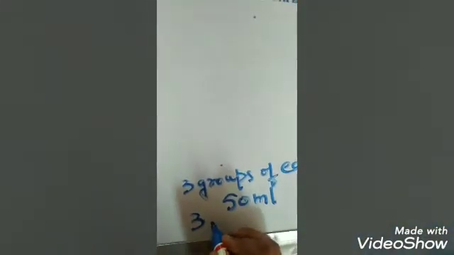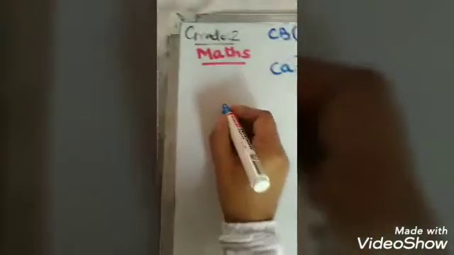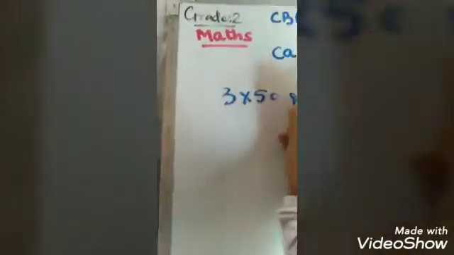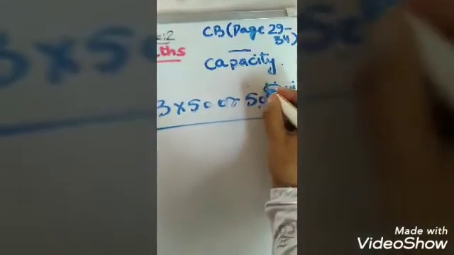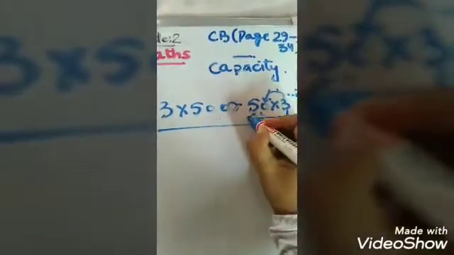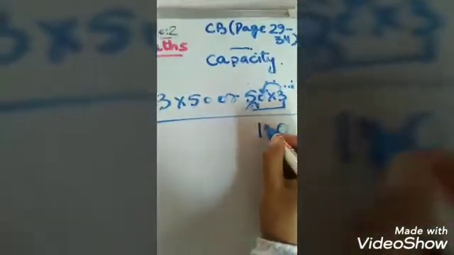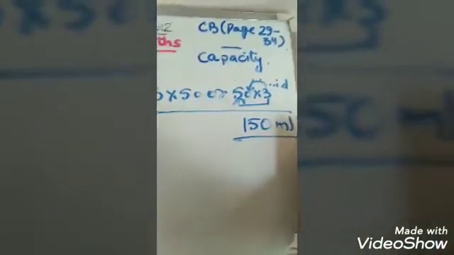So we can say 3 into 50. Let me put it here. 3 into 50 or 50 into 3 are alike, they are the same. So 3 zeros are 0. All the time, remember, whenever we multiply 0 with any number, or any number with 0, we will get only 0. Then 3 fives, this is the second step, 3 fives 15, and it was in milliliter, so it will be milliliter. This was the multiplication statement.